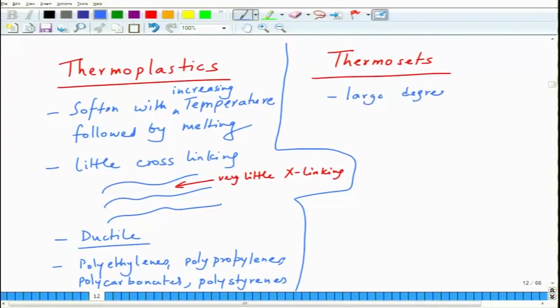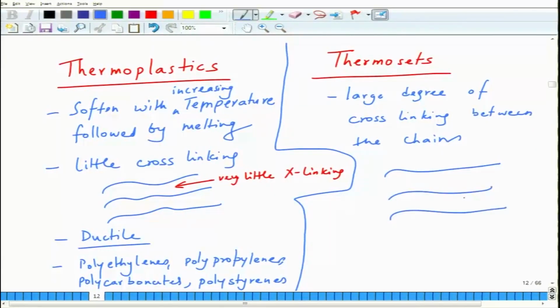a large degree of cross linking between the chains. So, the chains that you see here, they have cross linked, they are linked by some other branches. So, these branches, as a result they are rigid. So, higher